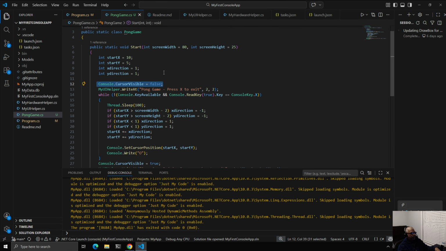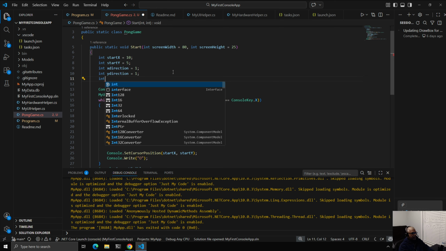So now I'm gonna run it again. This is not professional level stuff. It's just how you start working on stuff, and we can refactor everything. I would like to have the x and y coordinates in an object or a structure, if you're familiar with structures and objects and classes. But I'm not going to do that right now. What I want to do is have another x and y coordinate that is the last position, so that we can clean up after ourselves, removing the last old position. So I'm going to create last